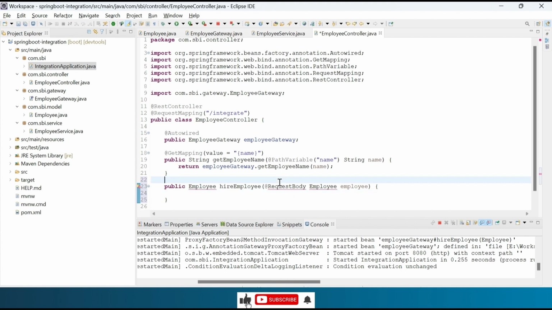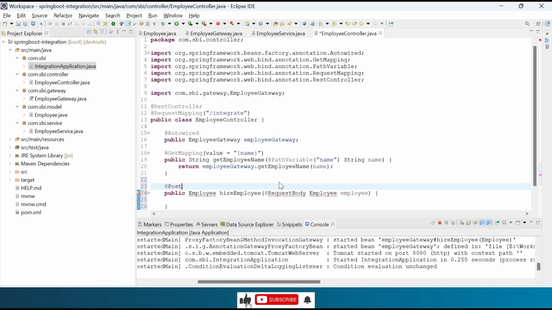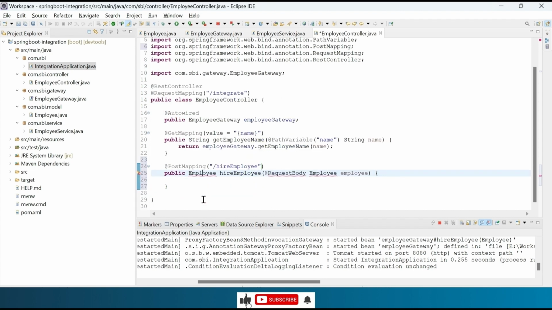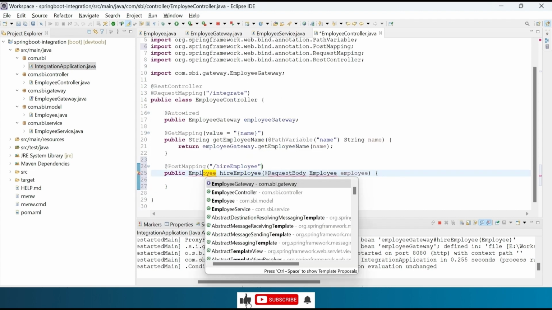Add @PostMapping annotation on top of the method, and pass a path /hireEmployee for mapping. Fix the imports.